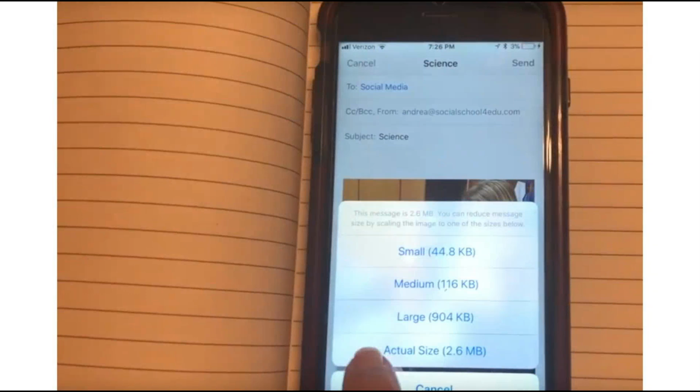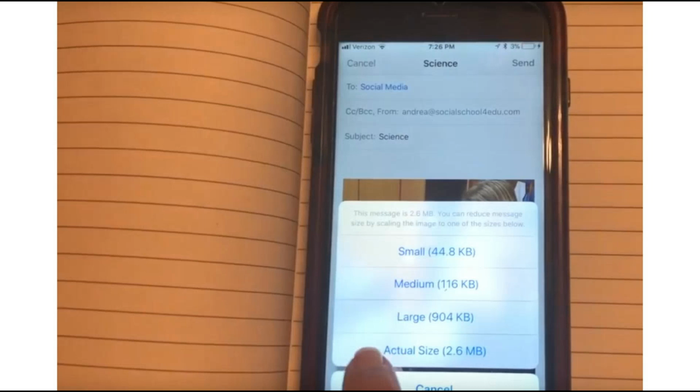Make sure that when they take a picture on their phone, they send it in the actual size. If you're explaining it in a presentation at the beginning of the year, show them this picture and say, I want you to pick the actual size. I don't want you to pick small, medium, or large, because that's going to start pixelating it. Facebook and other channels already start to lose some of the quality. And so they need to send in that actual size image.